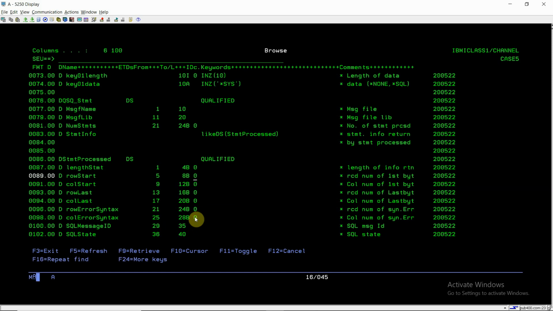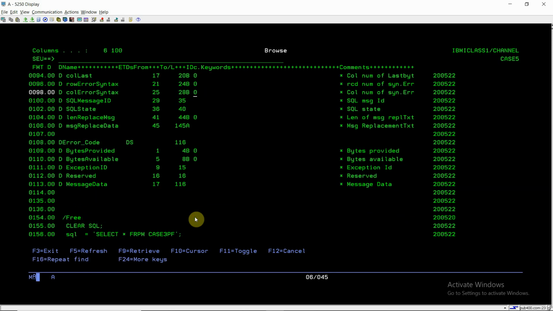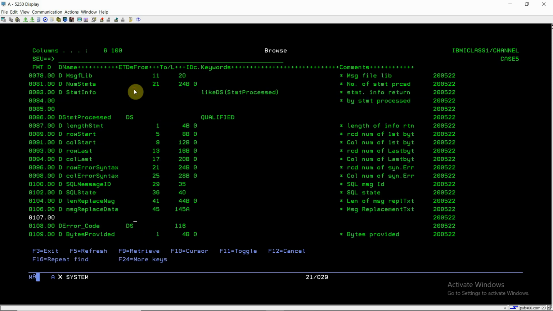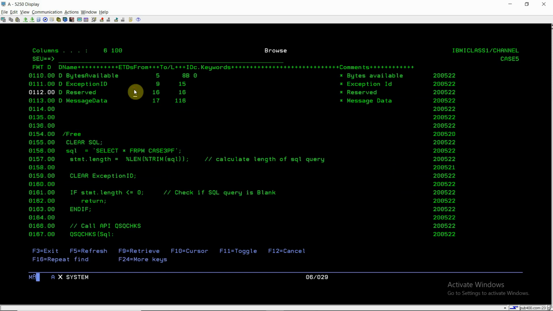Error code is related to the API, and this QSQ_STATEMENT is related to the syntax error of the query which is inputted. In case we have difficulty executing the API, we will have values in this error code, and in case of a syntax error in the query, we will have the values populated in that DS, the QSQ statement info, and then these subfields have data.